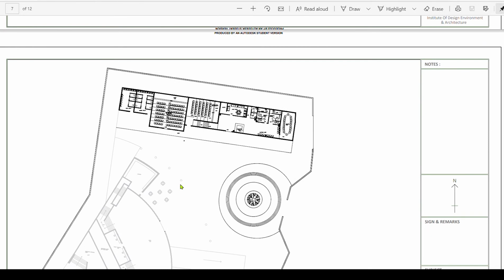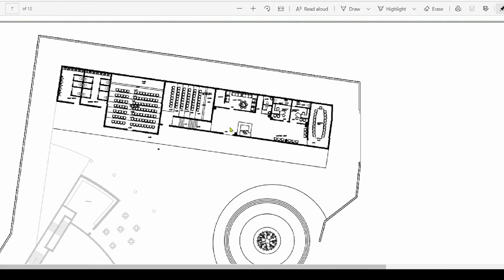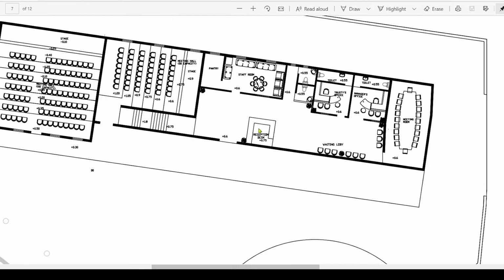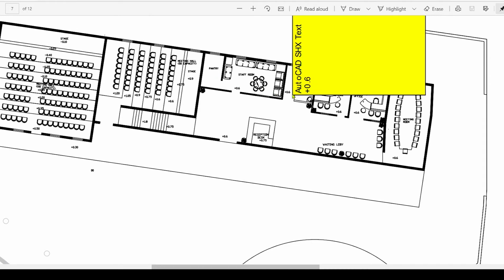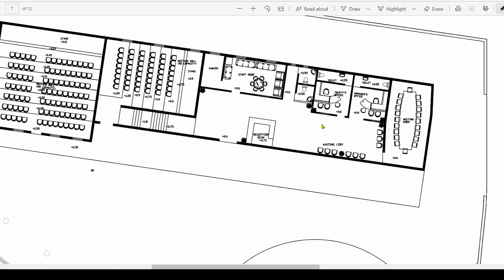Going to the next, the library area. This is the ground floor area of the library. There is a plinth of 0.3 meters at the entrance of the library area. This is the entrance with a reception area and also a staff room with an attached pantry and a toilet. There is a trustee's office with an attached toilet and also a manager's office. There is a lobby which is a waiting lobby for the admin area, and this is the conference room for